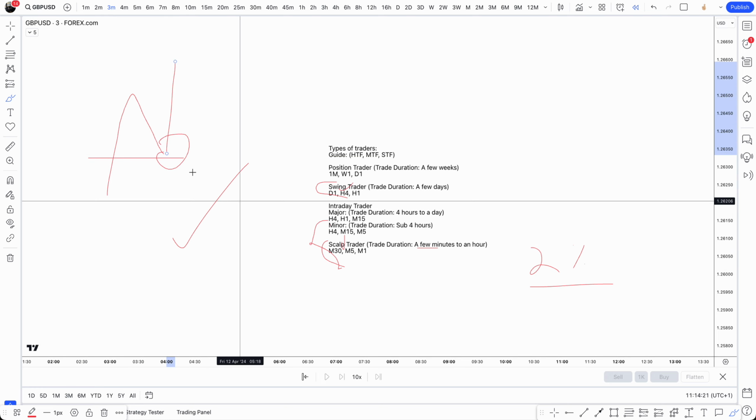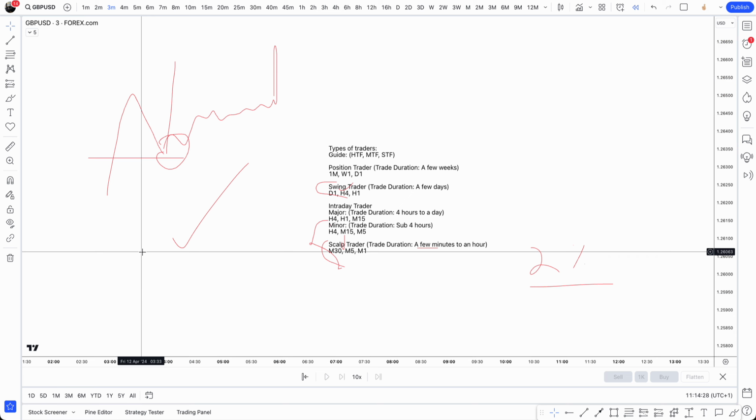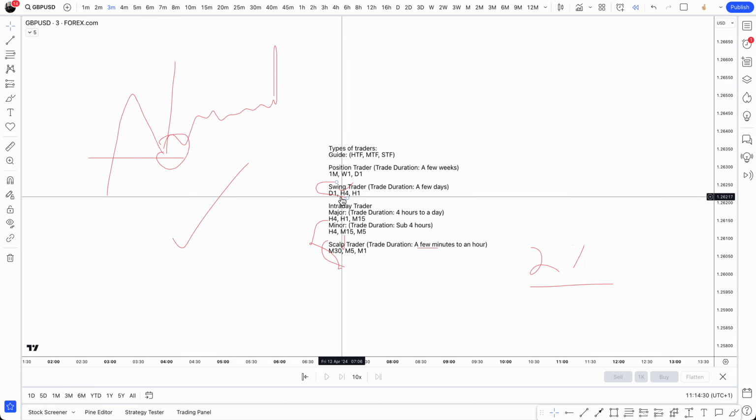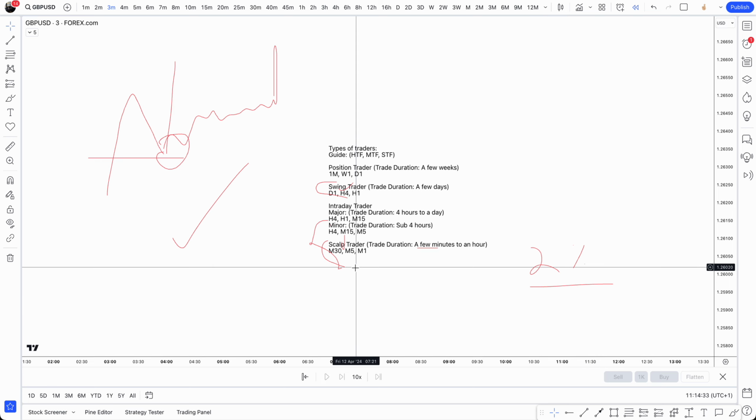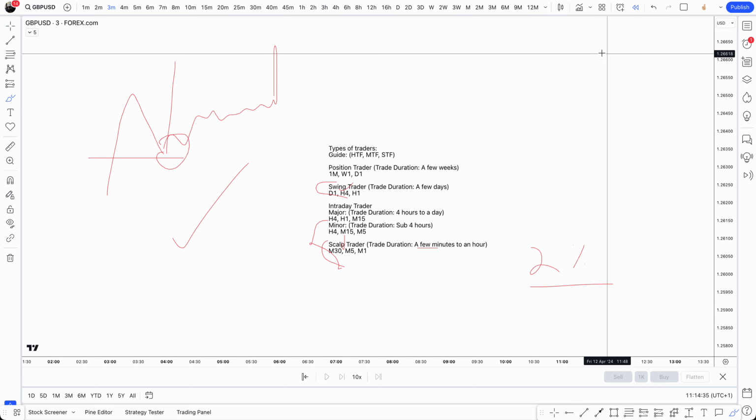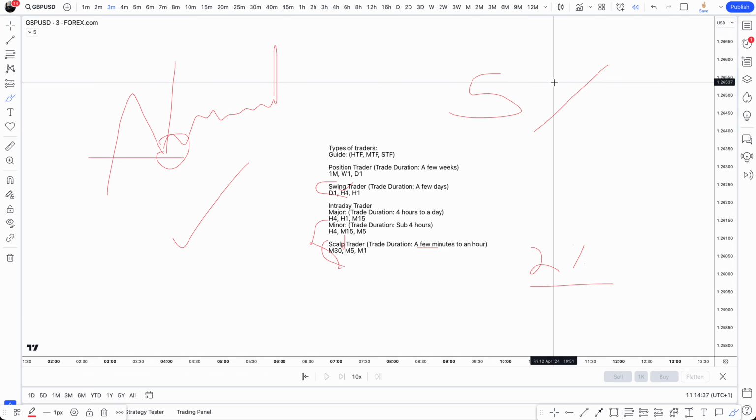But sometimes it can last until the end of the session and then I get the TP there. So typically that's what I look for. Just easier to manage in my opinion. I don't want to be waiting 3 days for 2%. If I can hit my monthly target, which is 5%, and that's standard, then I am happy, right?